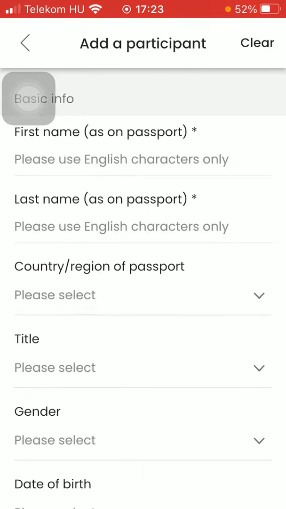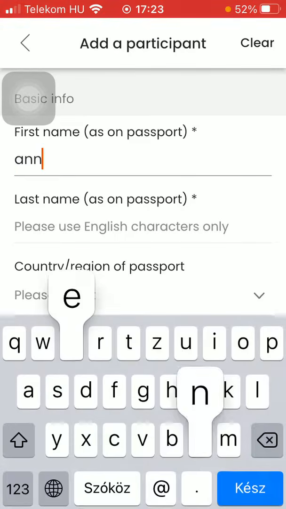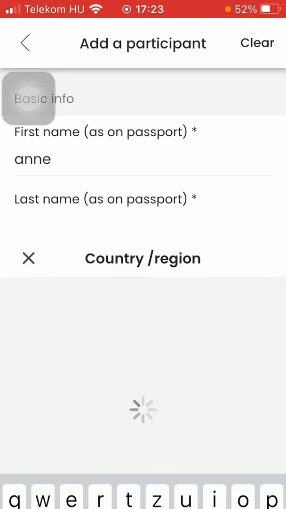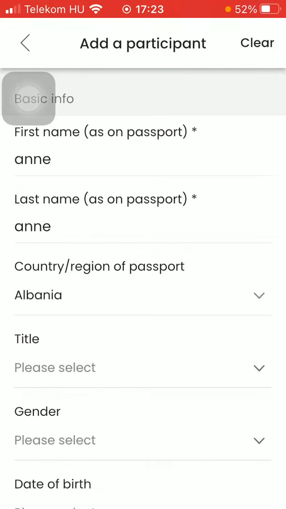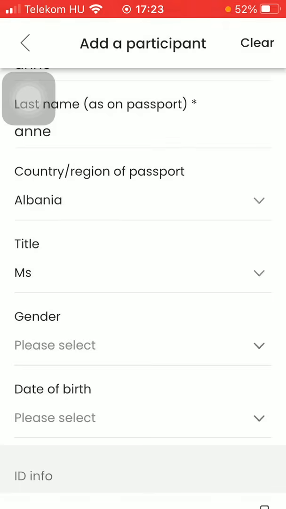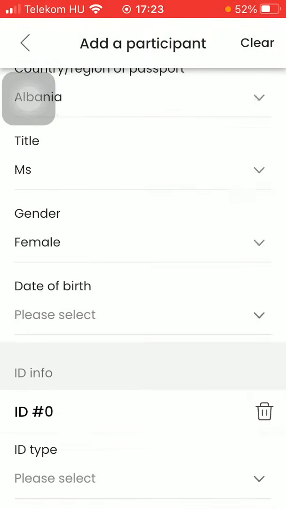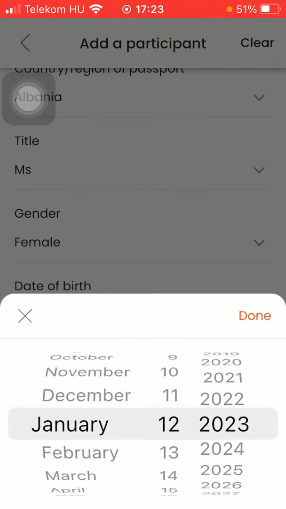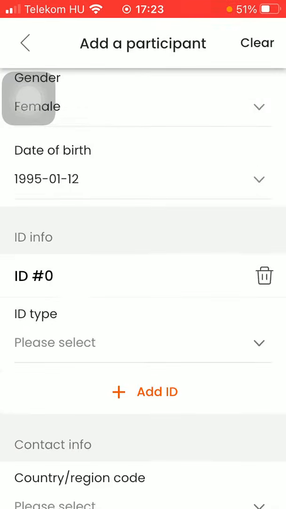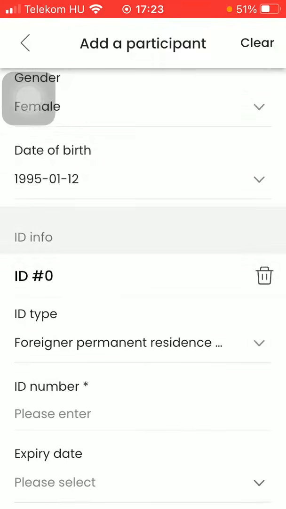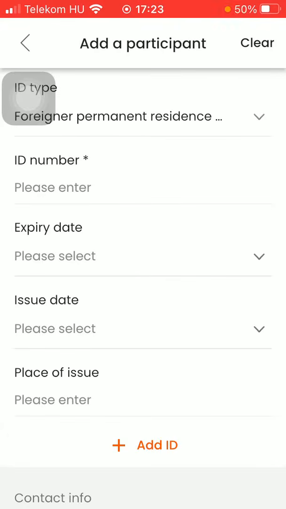Then you should add their first name, their last name, then select their country or region, then their title, their gender, date of birth. After that, you should add their ID type and then fill in this form, adding its ID number, expiry date,